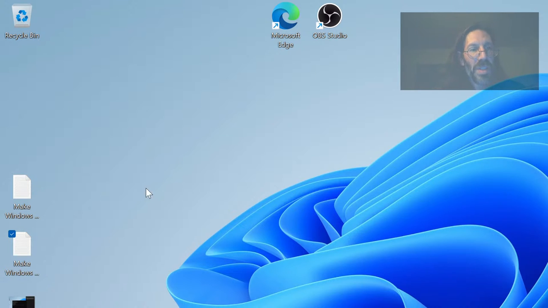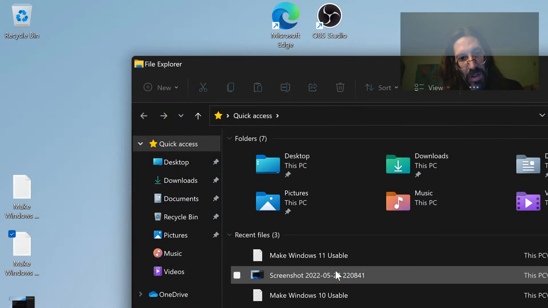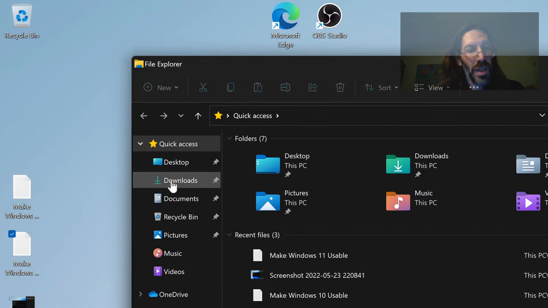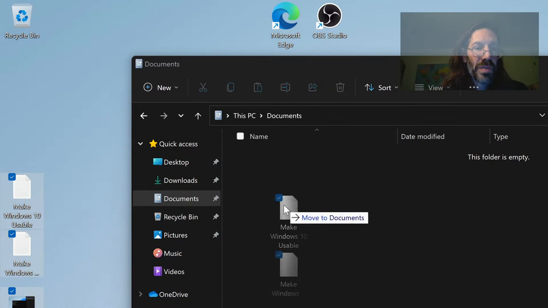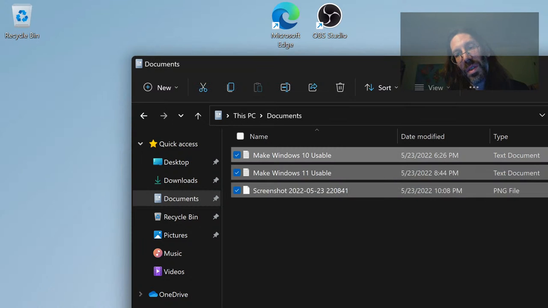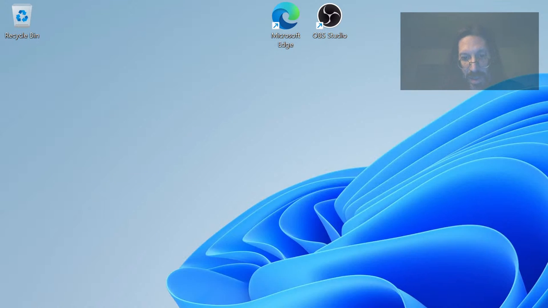Then I'll just drop these into documents. Windows key E. If you don't use that for Explorer and you're on Windows, you should start using it. Documents. Pull these in here. Okay, now let's go into